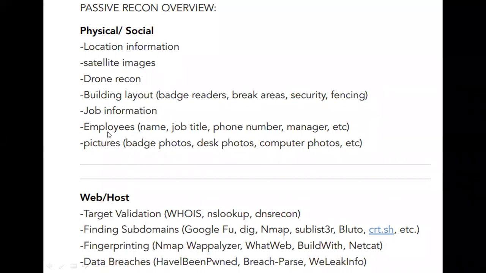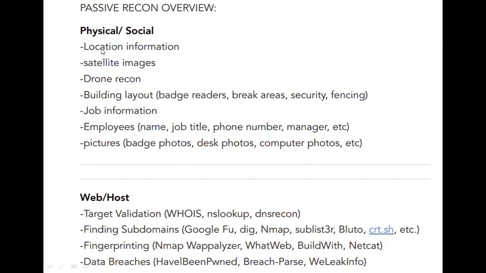So we want to talk about also the employees, right? Two key pieces of information, based on my experience: if it's for an organization, always go first for the employees. Check on LinkedIn, check on various platforms to see the kind of employees. Try to gather enough information, their names, if possible their email address, which is very important if you want to conduct a phishing attack. You want to gather information about the various employees from their C-level to their lowest staff, right?